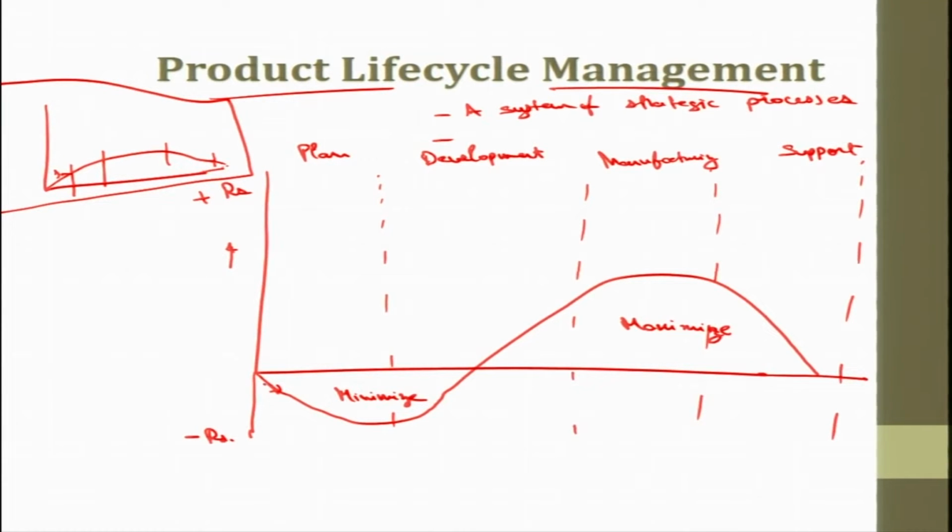You know this curve, this is my 0 value, and below the 0 line is a kind of loss. Here I can say is the milestone, the launch of the product. I can have the break even point here because the investment that is made is covered here. So, this is break even. This is the peak profit that we have reached and the product retires here.